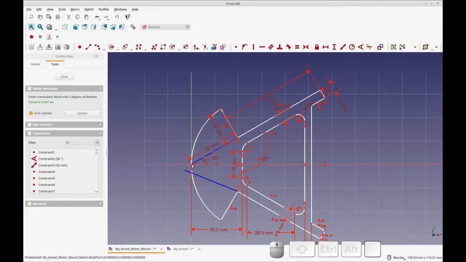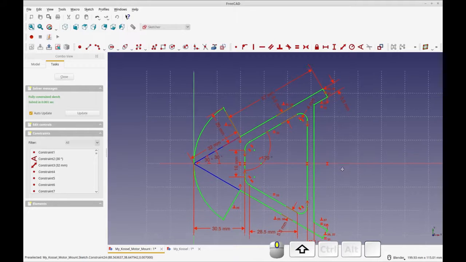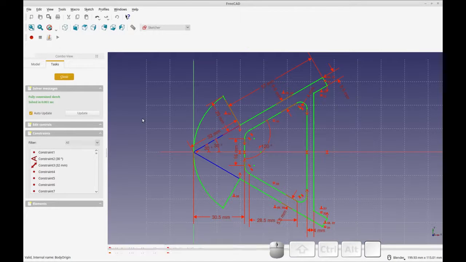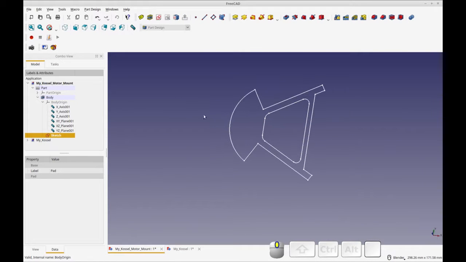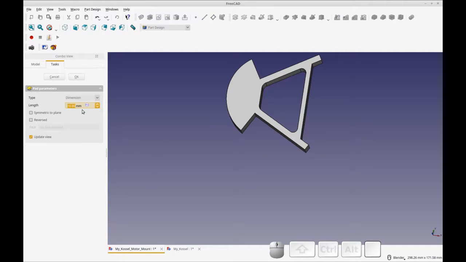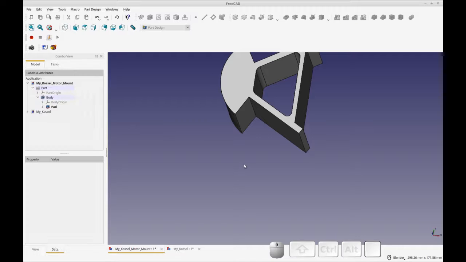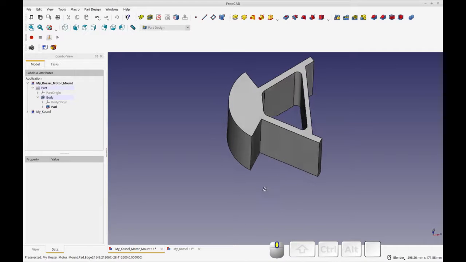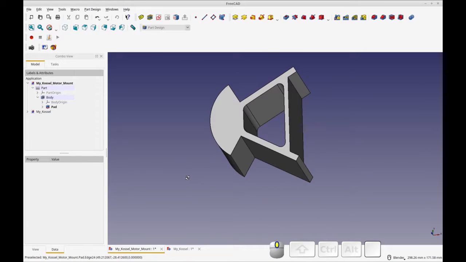So finally for this sketch, all I have to do is select those 2 and constrain them. And now I have my fully constrained base sketch, and we're ready to pad this. So we can close out of this sketch, and you can see that's starting to look something like a Kossel. The next step will be to pad this, and this is going to get padded to 60 millimeters. We're going to be doing the single shape version instead of like on the FL Sun where it has two pieces. We're just going to do the one shape. So this is your basic shape, and the next thing we'll be doing is adding the 2020 extrusion